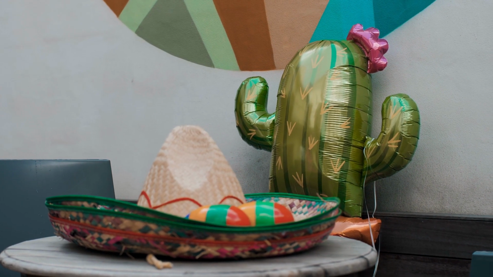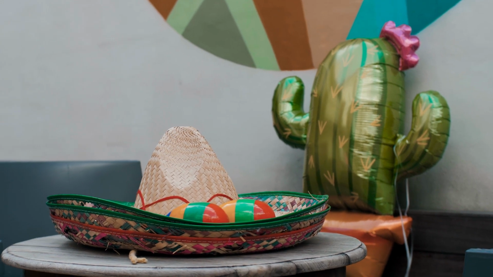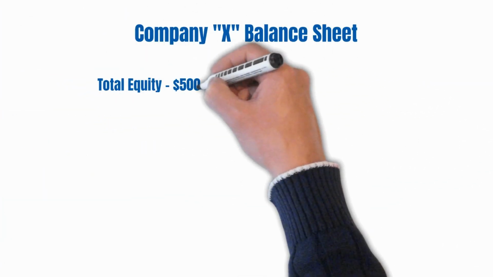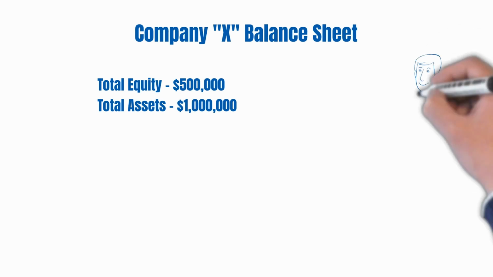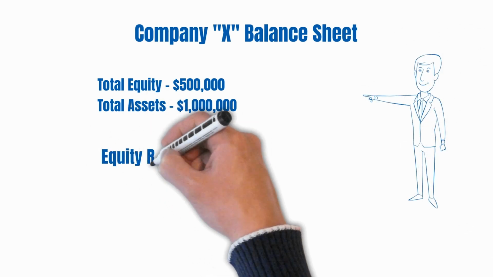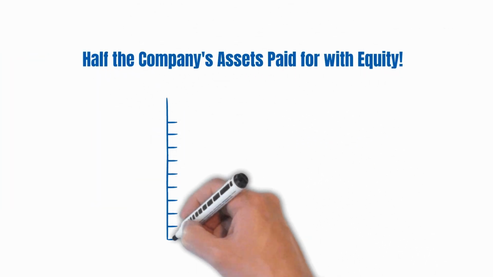Let's dive into an example. Say Business X sells those giant blow-up character balloons for a parade on a river. Cartoon Balloon Platoon Company X checks their balance sheet. They have total equity of $500,000 and total assets of $1 million. Divide the two, and you get an equity ratio of 0.5, meaning half of the company's assets were paid for